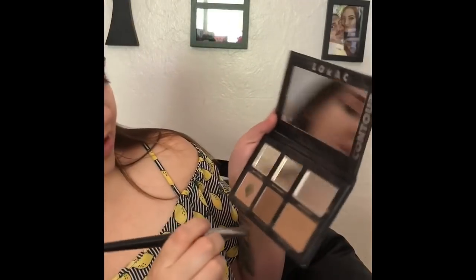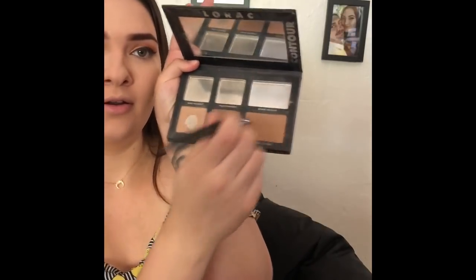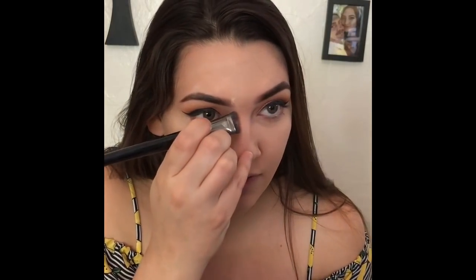I use the E47 Morphe brush. I use this from Morphe, and this from Morphe, and this from Morphe. I'm just gonna go in with the medium contour right here. Dab it a couple times, and I have a crooked nose, so I'm going to go farther in